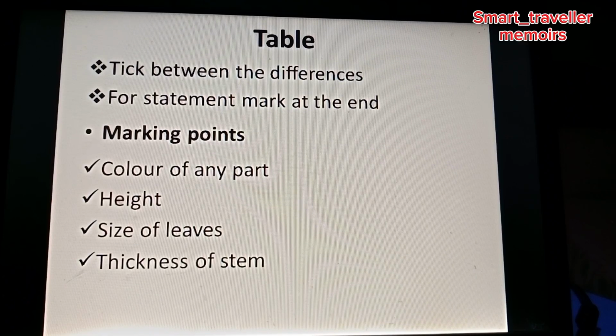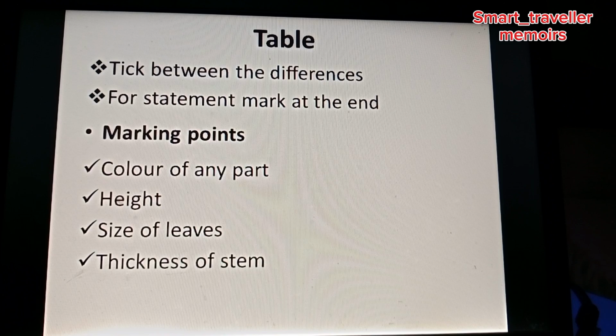For the table, tick between the differences. The table of the differences. For statement, mark at the end. So if people have drawn a table, you tick at the middle. If they have just made one statement